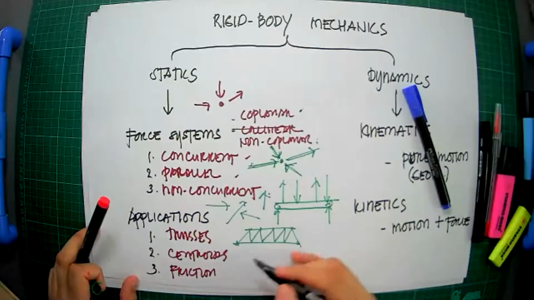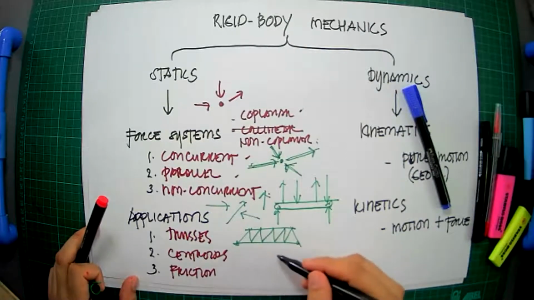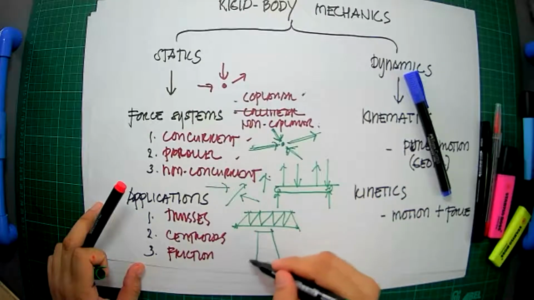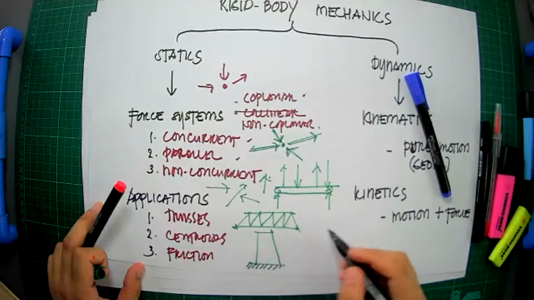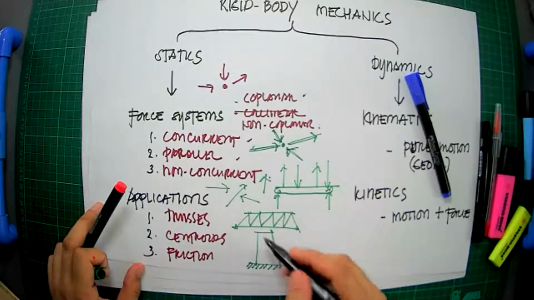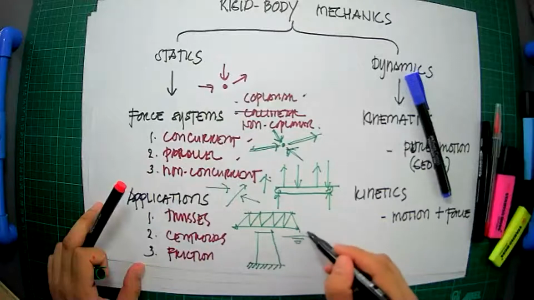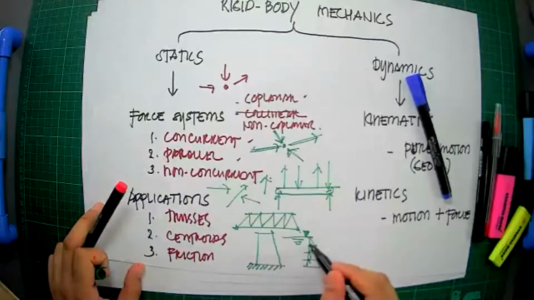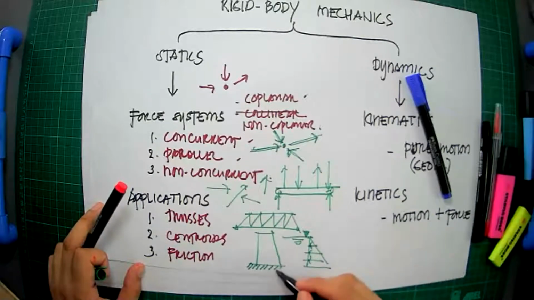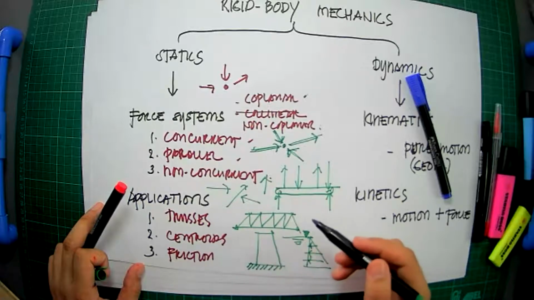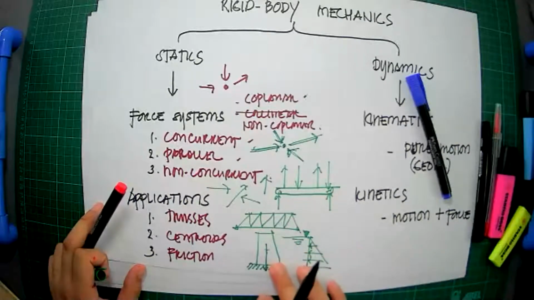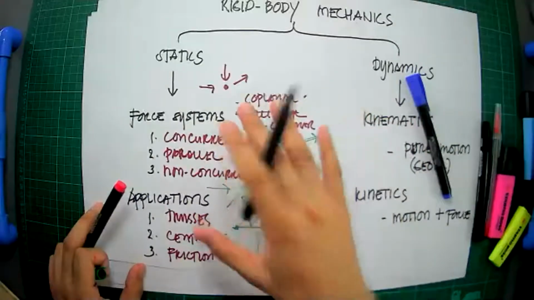Okay? So centroids, of course, if you study dams later on, especially if the dam is a gravity type of dam, in which there is a pressure coming from water. If this is the level of water, there is a pressure acting on the dam. It's a triangular pressure loading. So if the dam is gravity, it is relying on its gravity. Locating the centroid is very important in order for us to calculate if the dam will overturn or not.